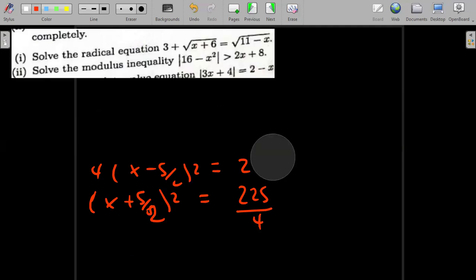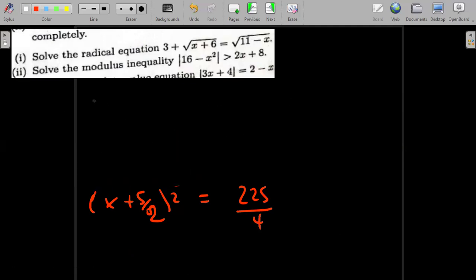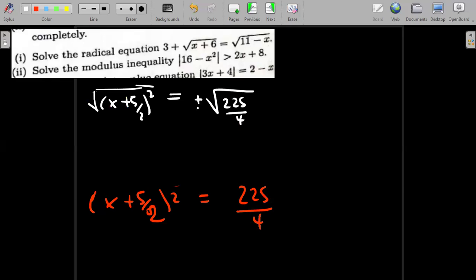Okay, so introducing the square root, here we are going to get that on that side we have x plus 5 over 2 squared is equal to, then here we introduce the square root as well, 225 over 4, and of course it's plus minus. Then this goes, that goes, and you just remain with x plus 5 over 2, okay. And then this is just going to be equal to